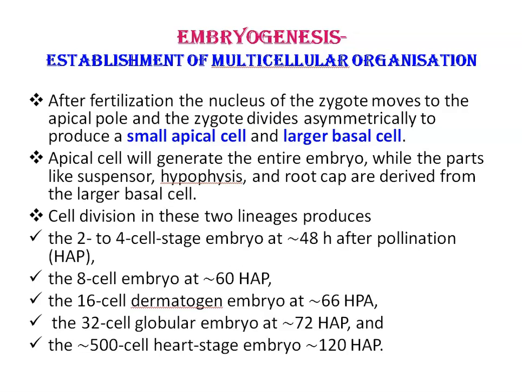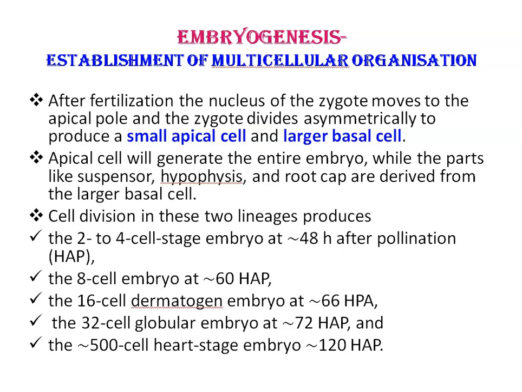Next is establishment of multicellular organization. After fertilization, the nucleus of the zygote moves to the apical pole and the zygote divides asymmetrically to produce two cells, a small apical cell and a larger basal cell. The apical cell will generate the entire embryo, while parts like the suspensor, hypophysis, and root cap are derived from the larger